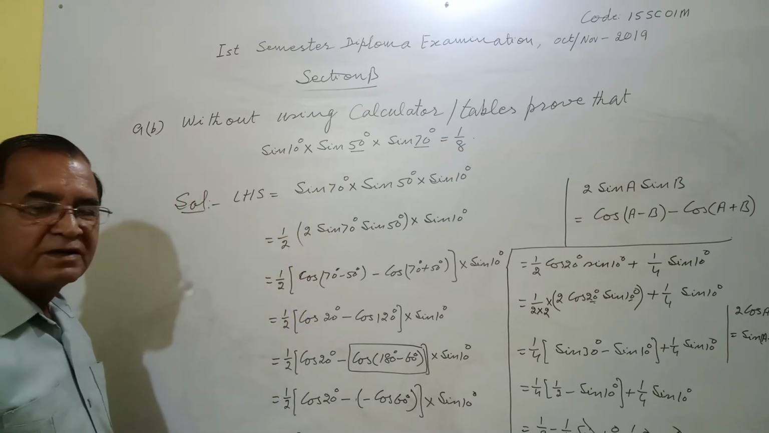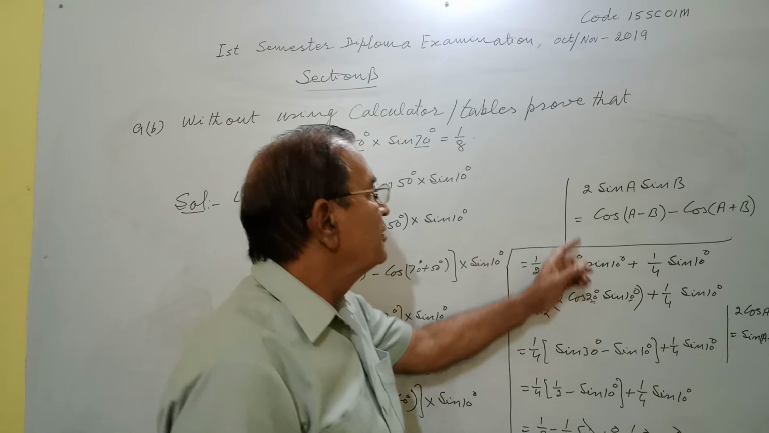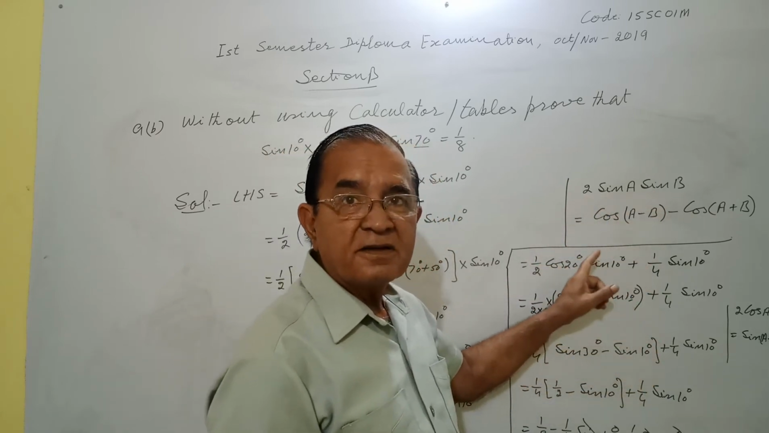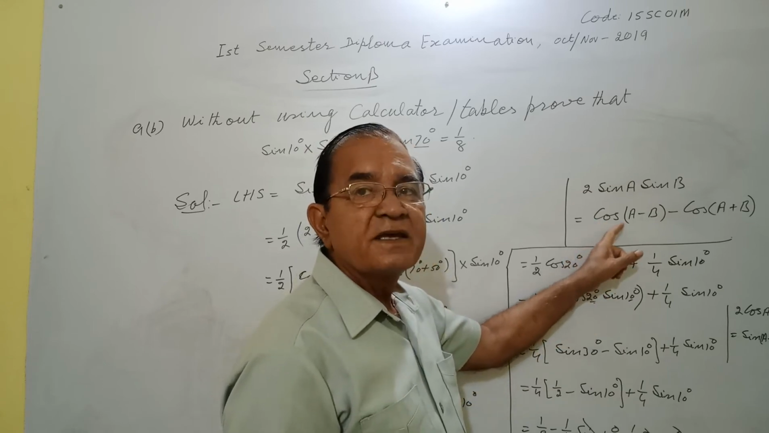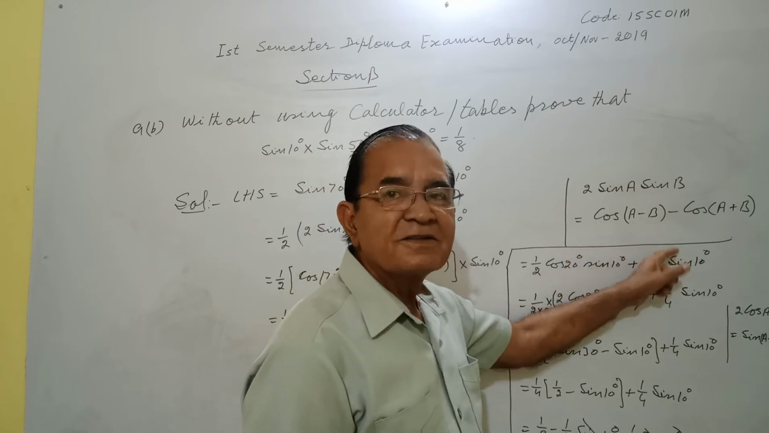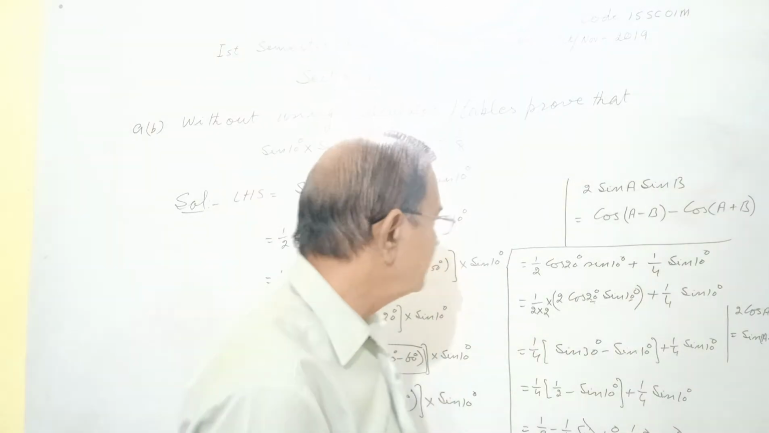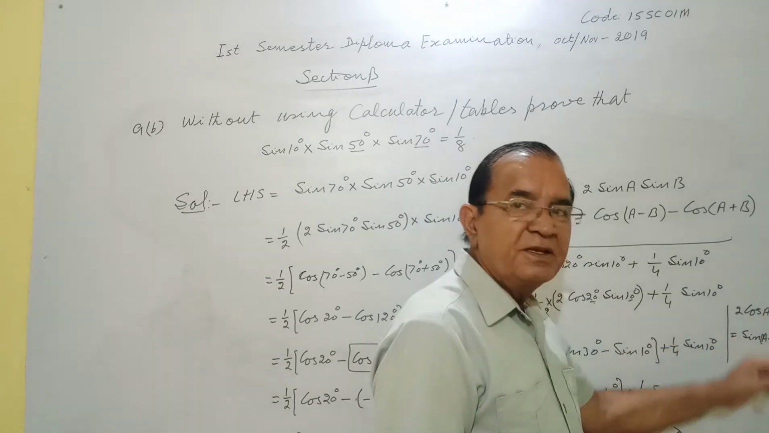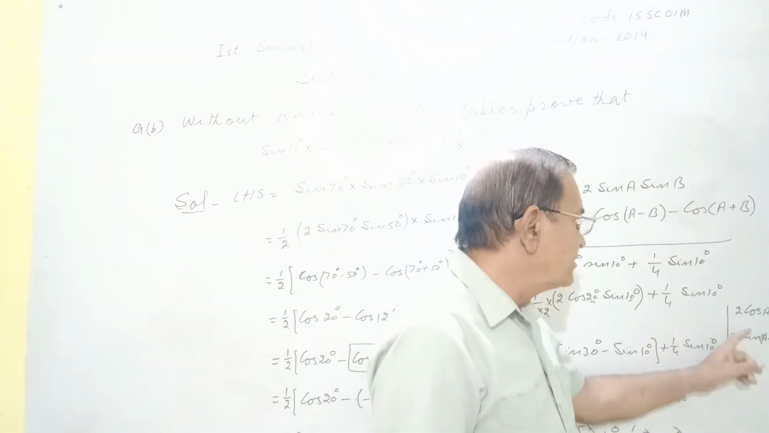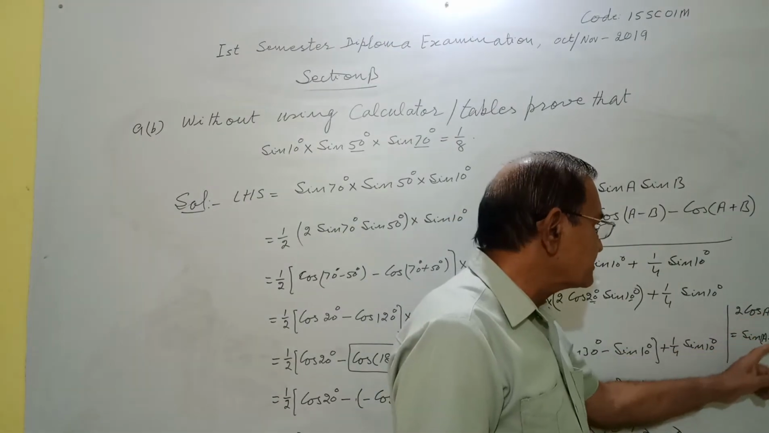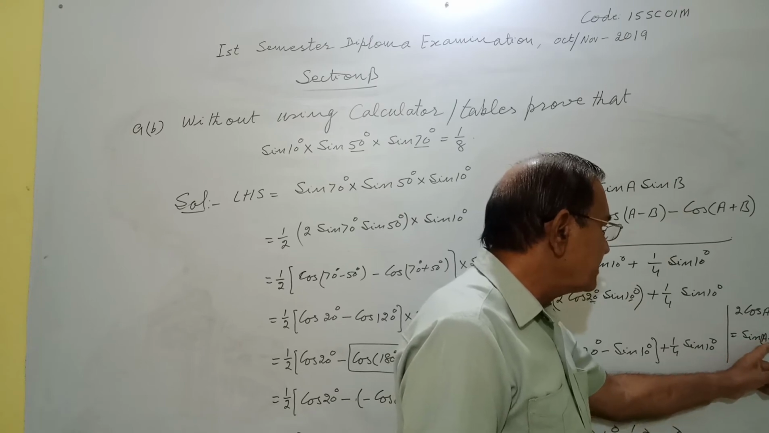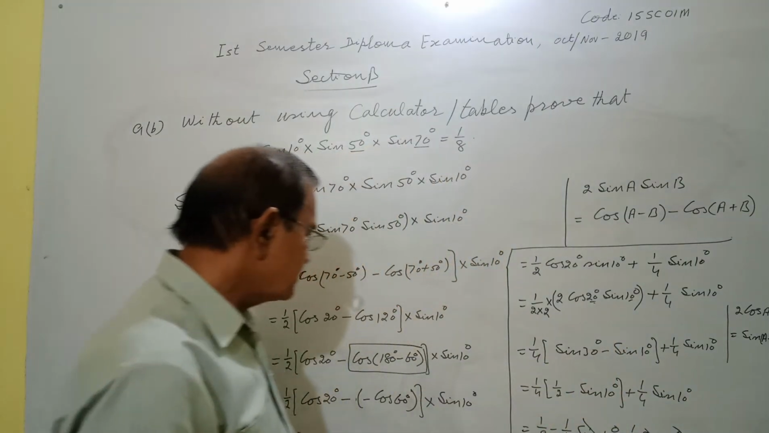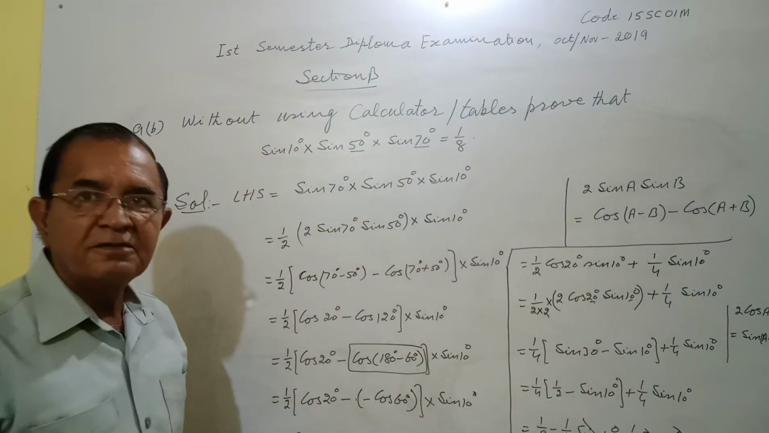So be careful about the identities to be used. One identity we have used is 2 sin A sin B, this identity is cos A minus B minus cos A plus B. Then one more identity we have used, 2 cos A sin B. Learn the identities. 2 cos A sin B is sin A plus B minus sin A minus B. These are the identities to be used. Then I have solved